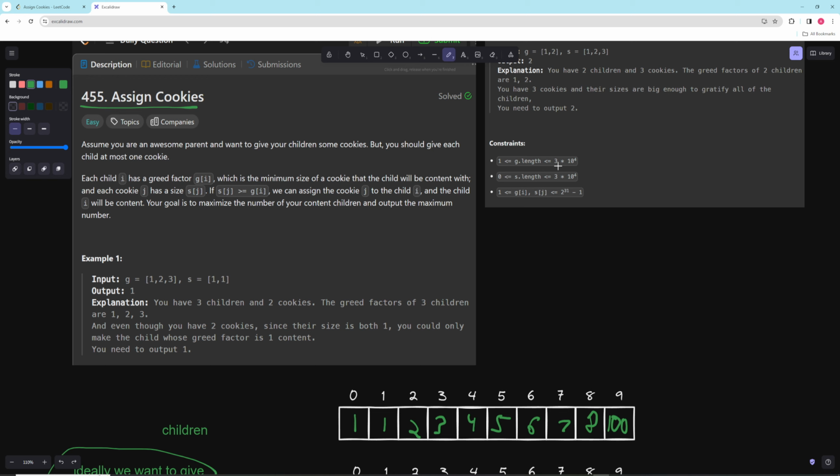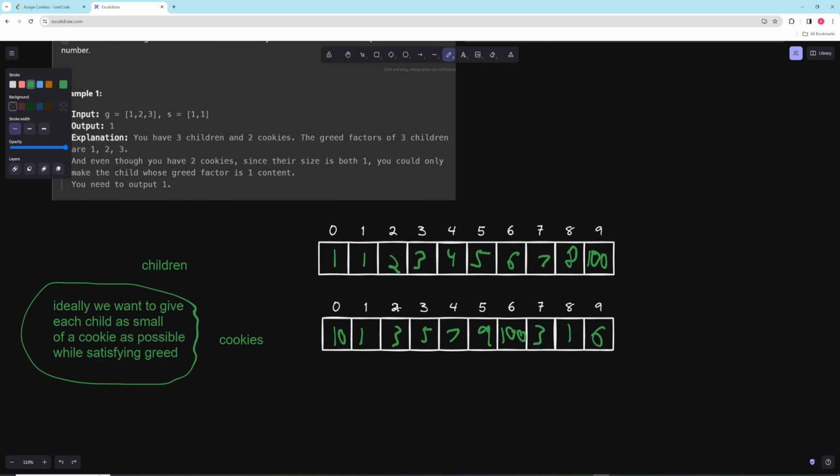No. I think it's too. The constraints are too big to make that pass, or too small, which is pretty rare for an easy problem. Usually, for an easy problem, brute force passes, but for this one, that won't pass, I don't think. So we want to make this more efficient, right? We don't want to loop through this whole thing every time. Essentially, we want to figure out what's the smallest available cookie, and we want to give that to the